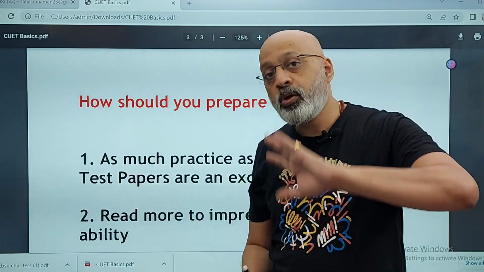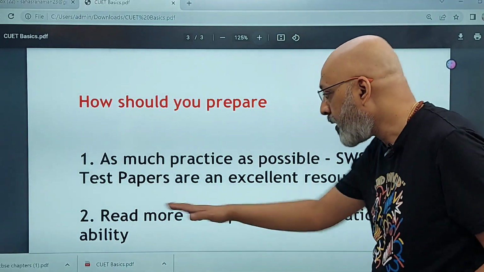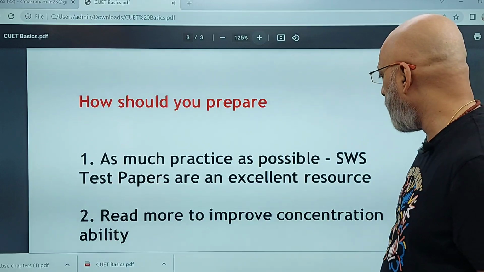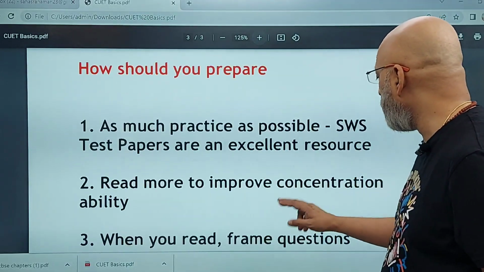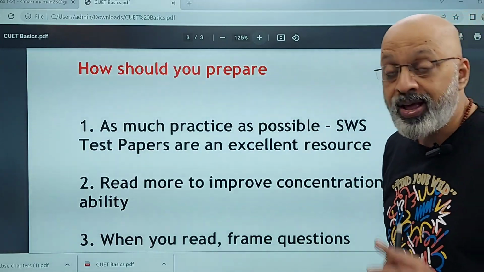That's all I'm saying. So you get many more subjects in that. Anyway, the other thing which you need to bear in mind is read more to improve your concentration power, especially